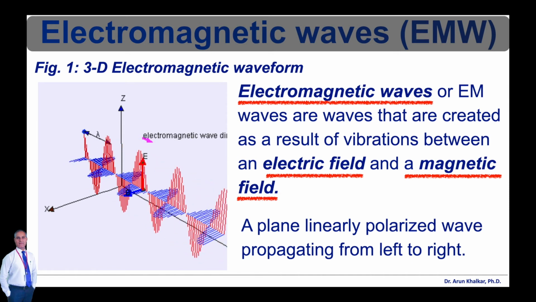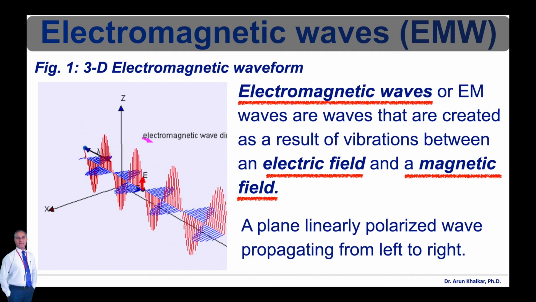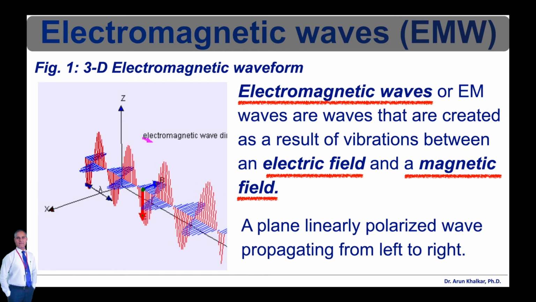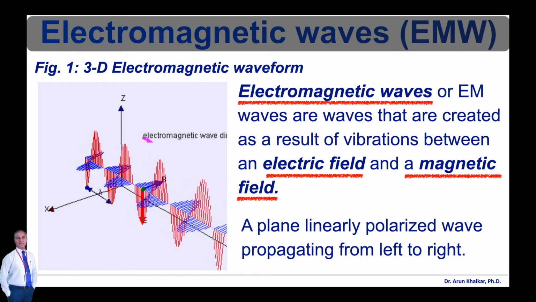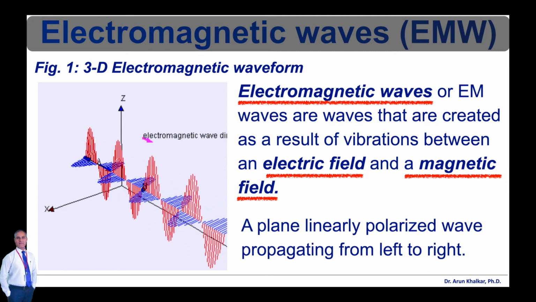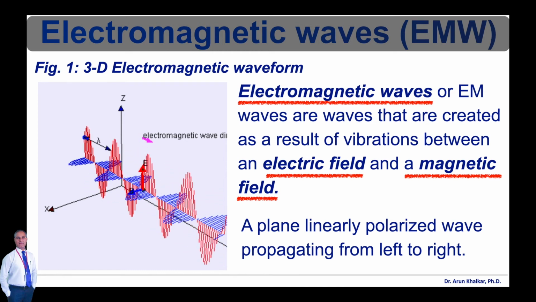Electromagnetic waves are formed when an electric field comes in contact with a magnetic field. They are hence known as electromagnetic waves. The electric field and magnetic field of electromagnetic waves are perpendicular, at right angles to each other. They are also perpendicular to the direction of the electromagnetic wave. The electromagnetic waves travel with a constant velocity of 2.99 times 10 raised to 8 meters per second in vacuum. They are deflected neither by an electric field nor by a magnetic field. However, they are capable of showing interference or diffraction.